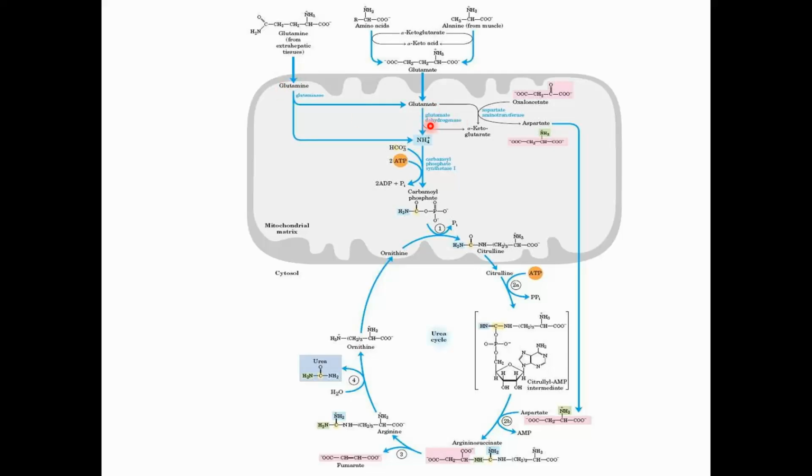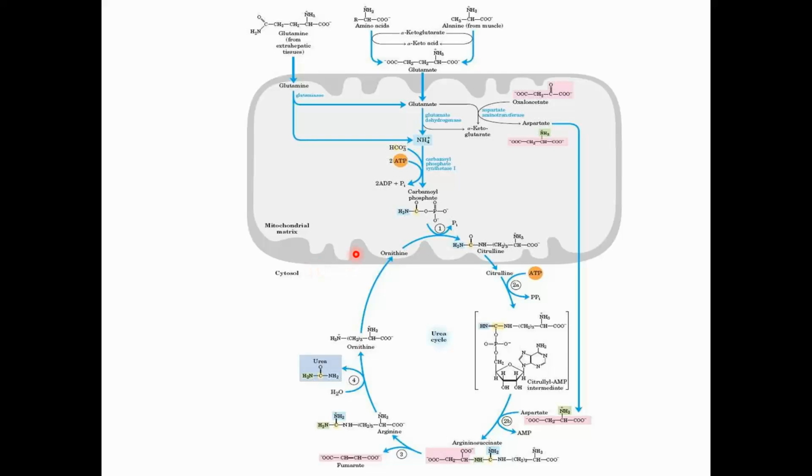Then from glutamate we would have ammonia, and bicarbonate would be added. Together these would make carbamyl phosphate. The enzyme that catalyzes this reaction is carbamyl phosphate synthase 1, and it would be using 2